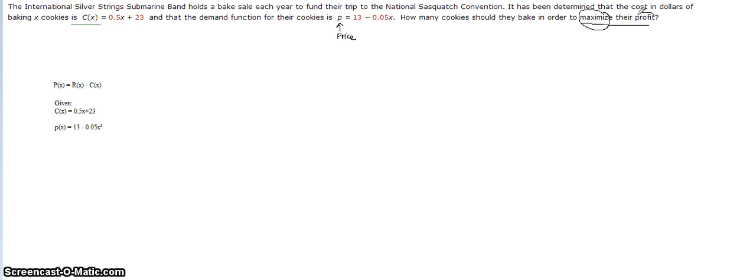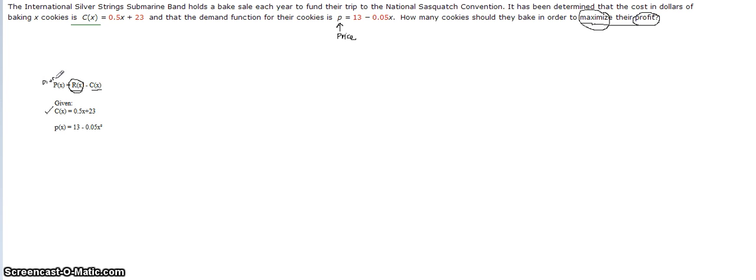So the first thing I wrote down here was the equation for profit. Profit is notated with a big P, not a little p. So this is big P of x equals R of x minus C of x. That means the revenue that you bring in, take away the cost that it costs to make those cookies. So we know the cost, that was given. I wrote that down here. The cost equation was given, but we don't know the revenue equation. That was not given to us. So we have to come up with that so that we can come up with a profit